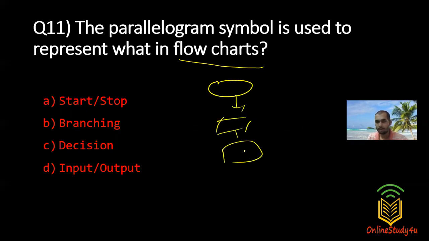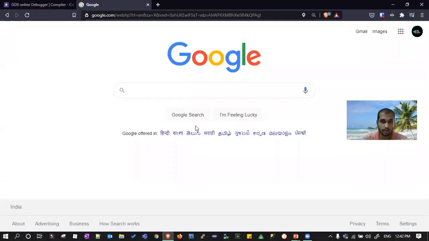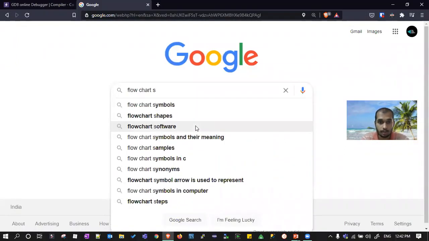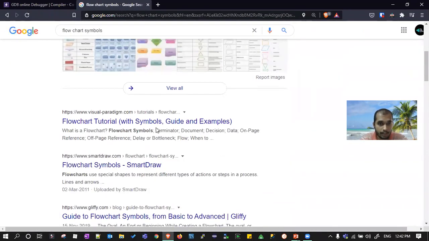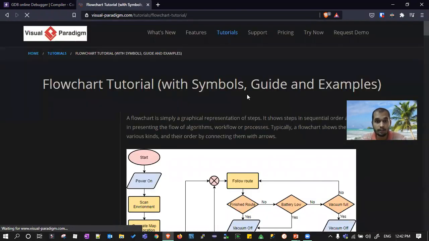There are multiple symbols, and what is the meaning of each of these symbols is the question they're asking here. You can go to Google and search flowchart symbols.